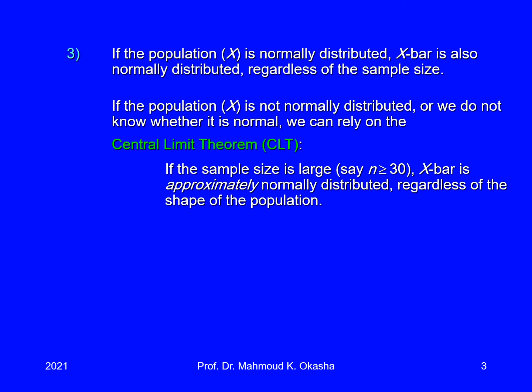Then we have two cases. In both cases, X bar is normally distributed, right? The first case, if the population itself is normally distributed, there is no condition on the sample size. But if this X, the original population from which we draw the sample, is not normally distributed, then we must have a larger sample, and we use the same results according to the central limit theorem. Right, then we have,